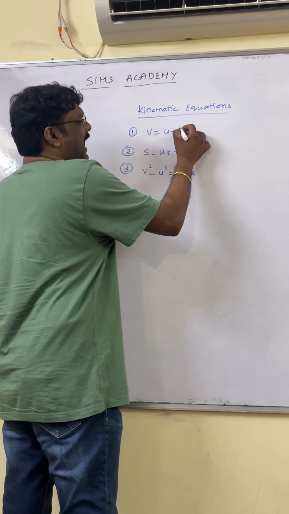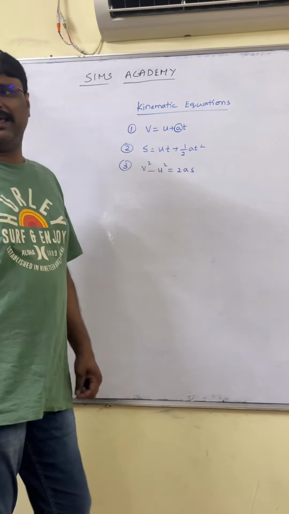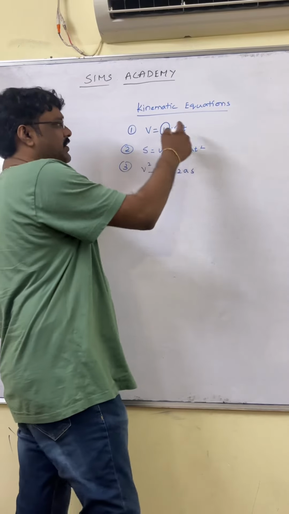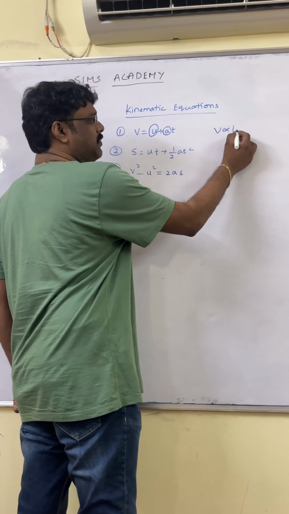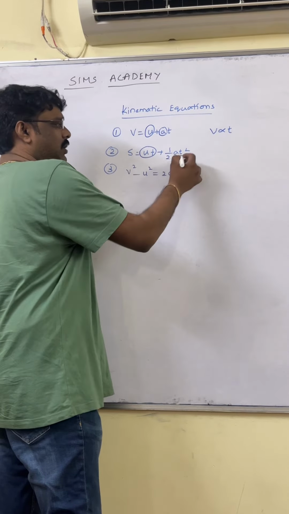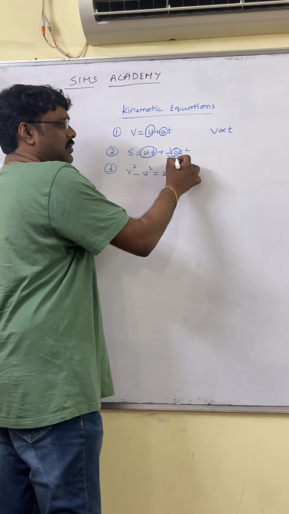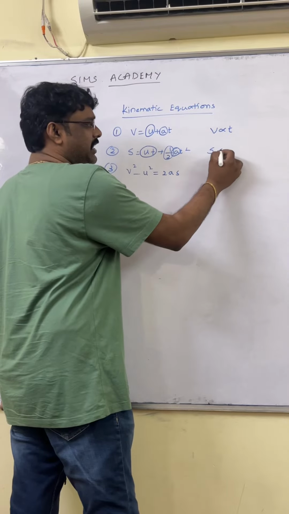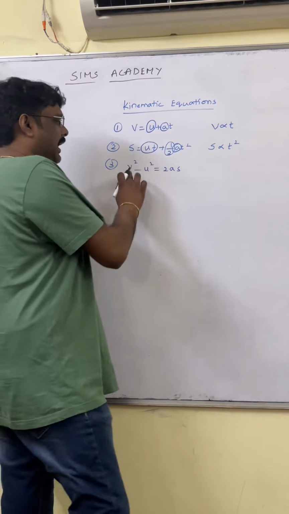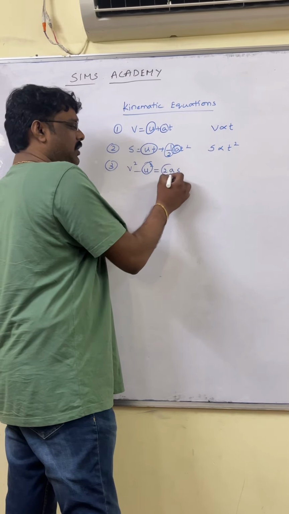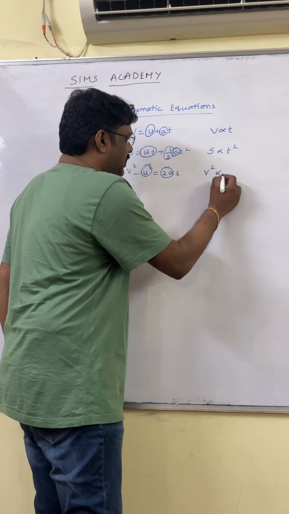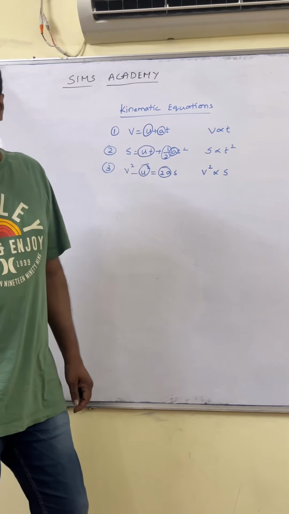whenever the acceleration is constant, let us say initial velocity is 0, then from the first equation of motion we can write v is proportional to t, and here we consider u as 0. Anyway, a is constant, half is constant. From the second equation of motion we can write s proportional to t², and in the third one u is considered as 0, 2a is constant. From the third equation of motion we can write v² proportional to s.